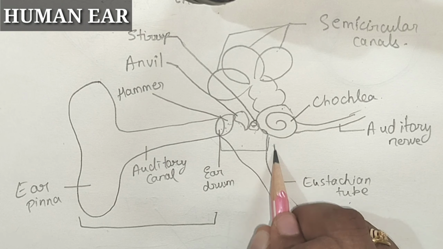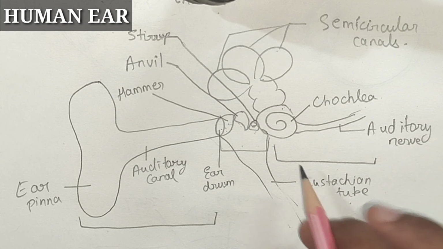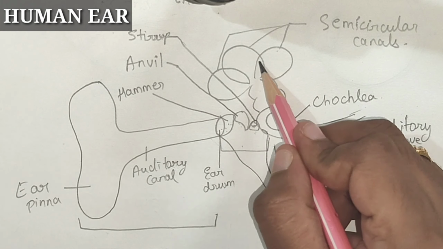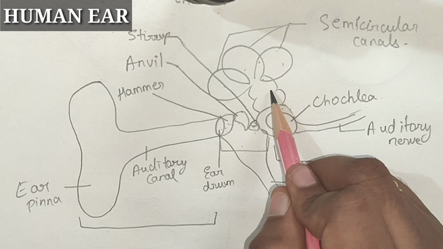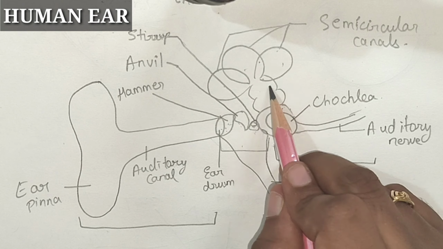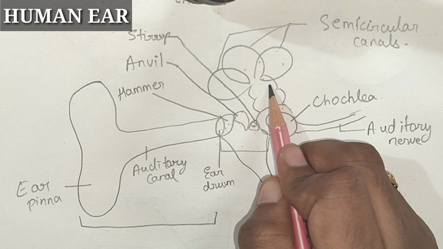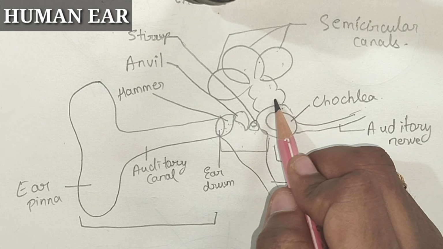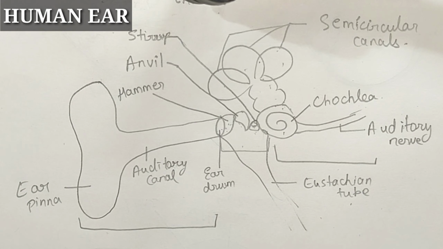And this is the inner ear. The inner ear includes the cochlea, three semicircular canals, and utriculus and sacculus. It's okay if you don't label it here. The upper one will be utriculus and the lower one will be sacculus. Both together are called ear vestibules. So this is the diagram of the ear. Not very important for drawing, but if it is asked, you should know how to draw.